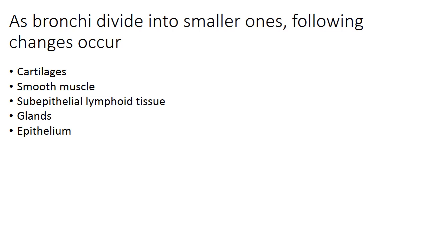And apart from this, the typical ciliated columnar cells, then the goblet cells, non-ciliated serous cells, basal cells, Clara cells, these are all seen in the respiratory tract, and cells similar to diffuse neuroendocrine cells, like the argentaffin cells, are also seen. The goblet cells are replaced by Clara cells in the bronchioles, and their function is to reduce the surface tension.